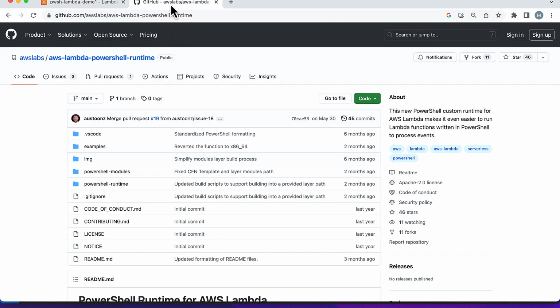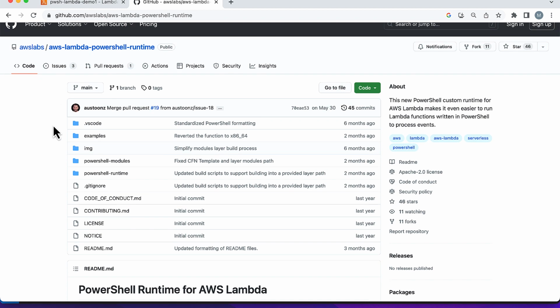So for that you need to navigate to this GitHub repo, which is the AWS Lambda PowerShell runtime, which we made publicly available last year. And this is the one you can build the PowerShell custom runtime out of. So in order to get this custom runtime or deploy the layer for the PowerShell custom runtime, just clone the